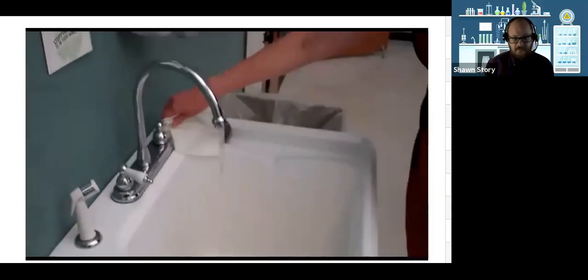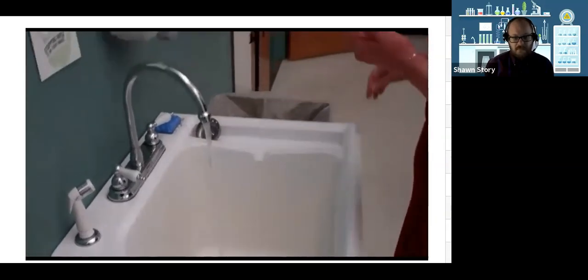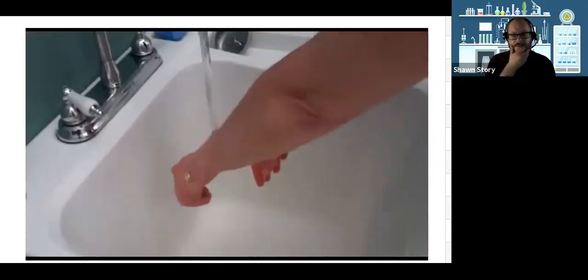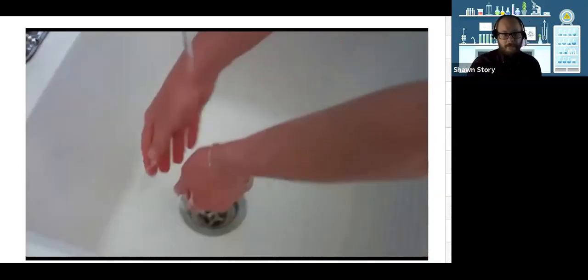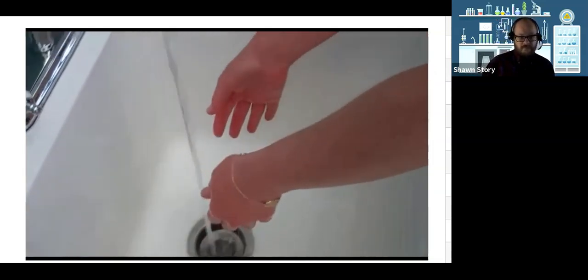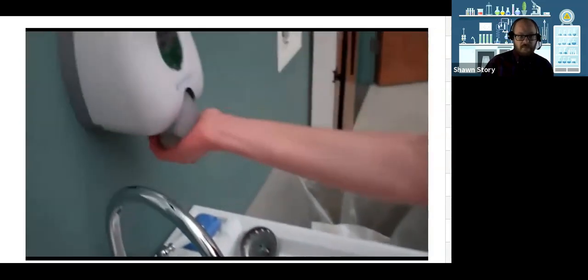Turning on the faucets with a paper towel is optional. You do not have to do that. If you so choose, you may. Make sure that you are getting the wrists as well as the hands wet. It's essential that the hands go in the water first. Next, get your